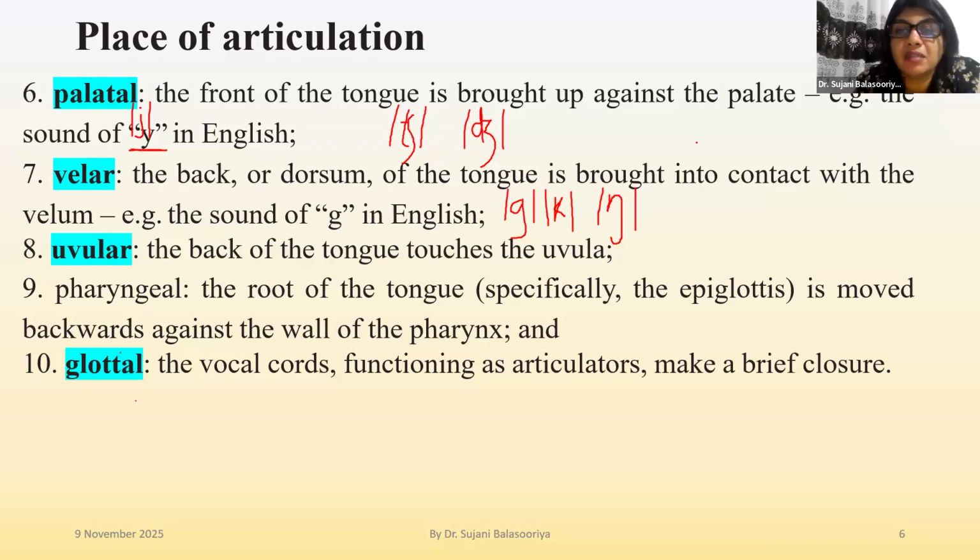What happens in the mouth? The back of the tongue touches the soft palate. So these three sounds are velar consonants. Right. Okay. Then number 8, uvular consonants. Uvular,